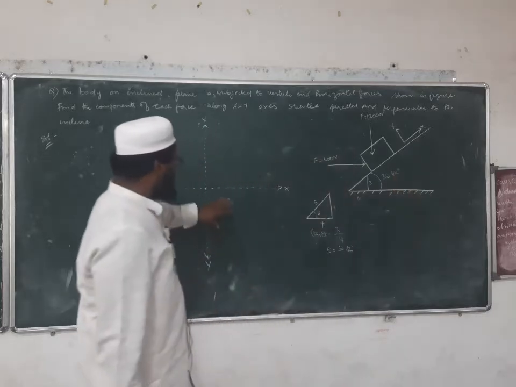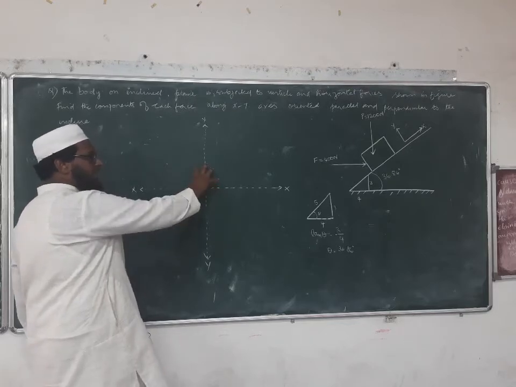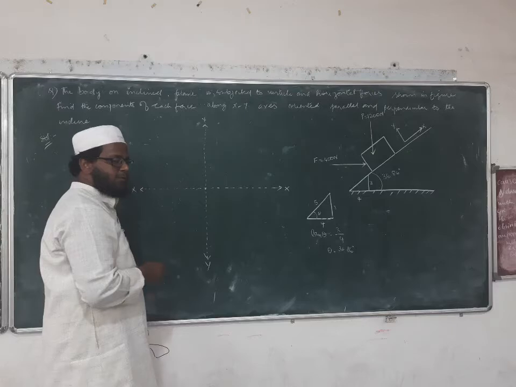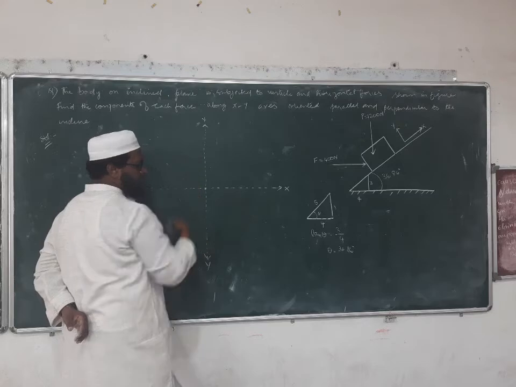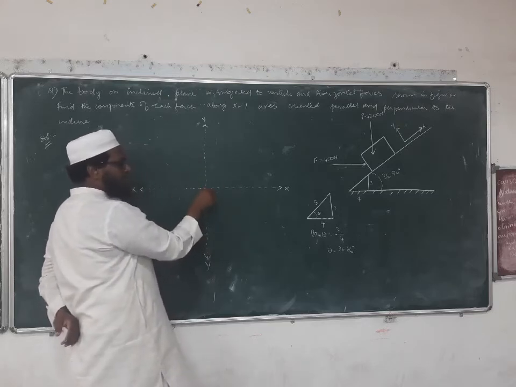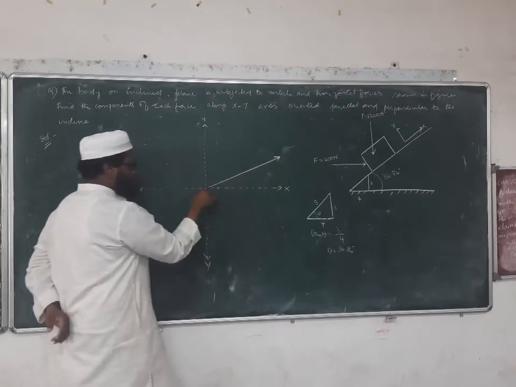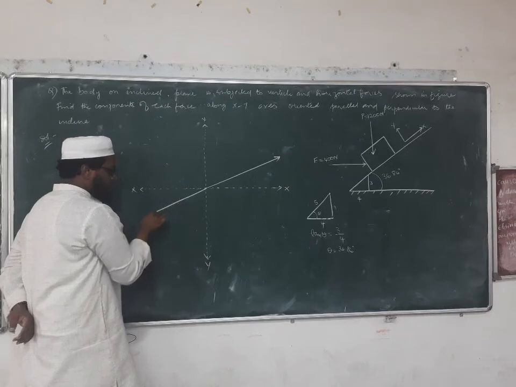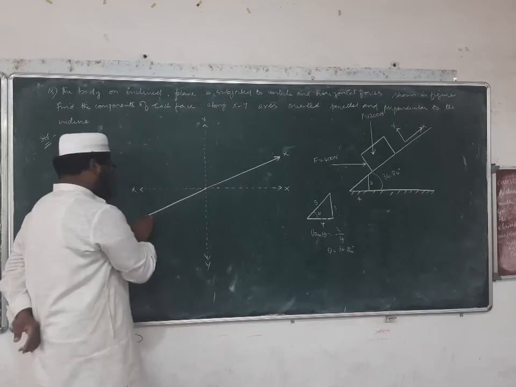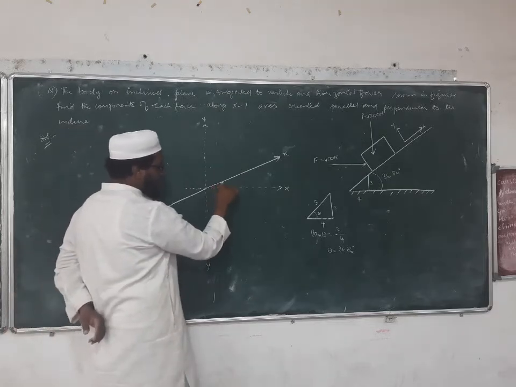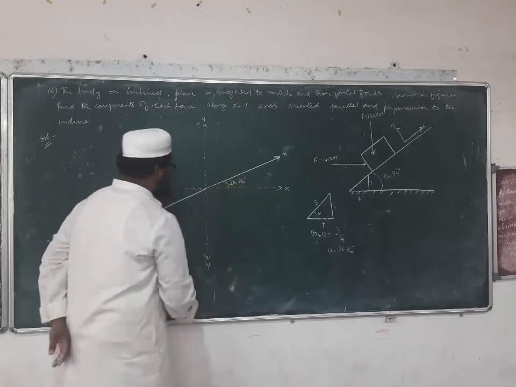36.86 degrees. So what I will do, I will try to rotate my entire x and y axis in anti-clockwise direction at an angle of 36.86 degrees. So see here, I am rotating my x axis. This is the general x axis, but according to our problem, our x axis should be like this. This is x, this is x, and I have rotated this x axis by how many degrees? 36.86 degrees.